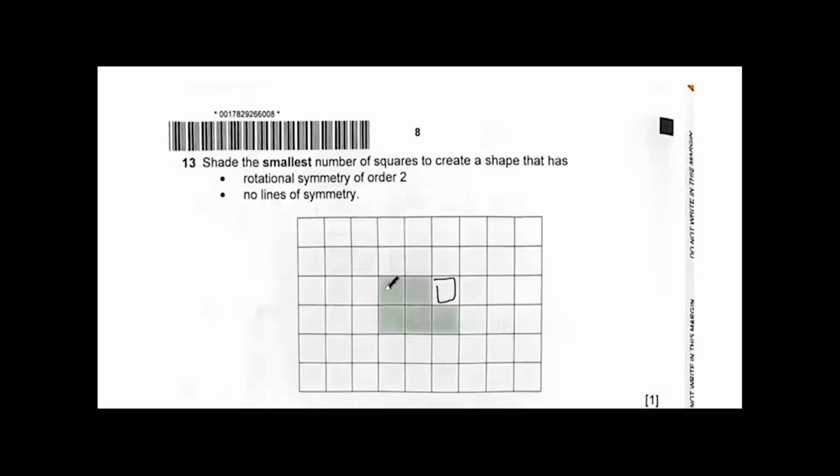It will have this one here, so that will be one, and then along the vertical here, it will have a line of symmetry too, so it can't be that box as well. So let me see, if I try to take the one here like this, if I try to shade this one like this,